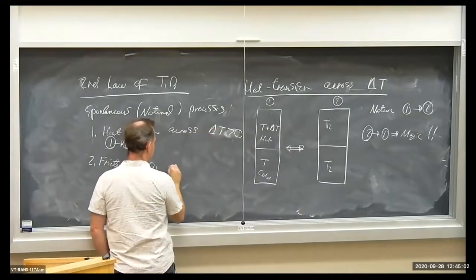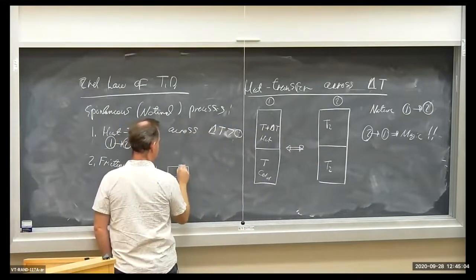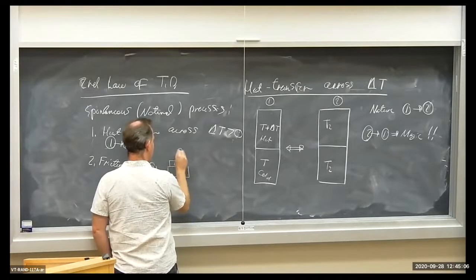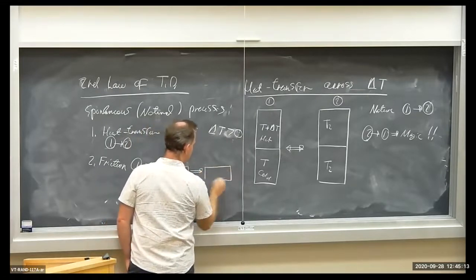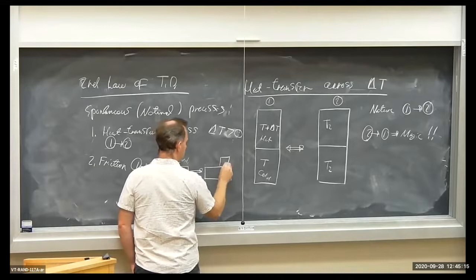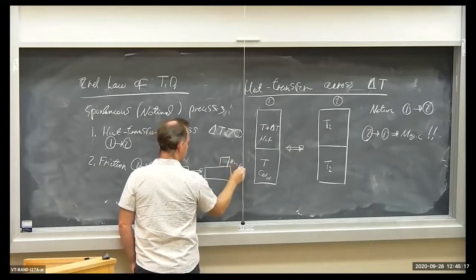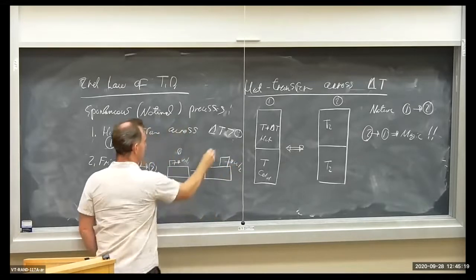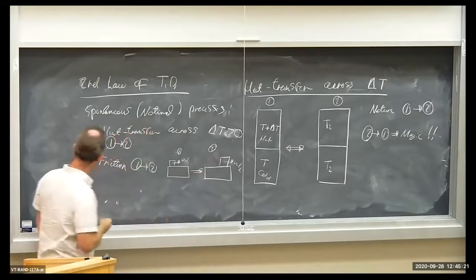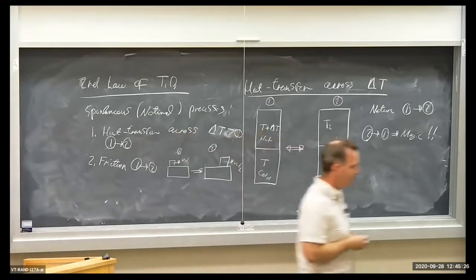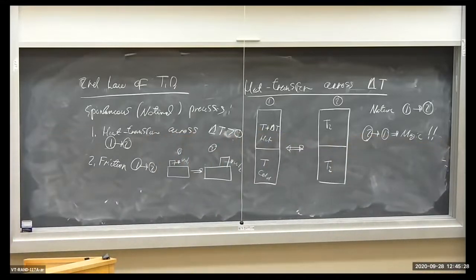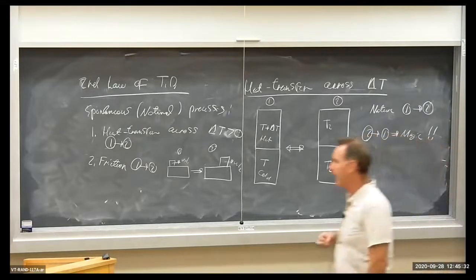What I mean by that is we start off with the table, and we always go to the object slowing down and stopping. Okay? So processes involving friction have a natural direction in the real world, and that's for friction to convert mechanical into